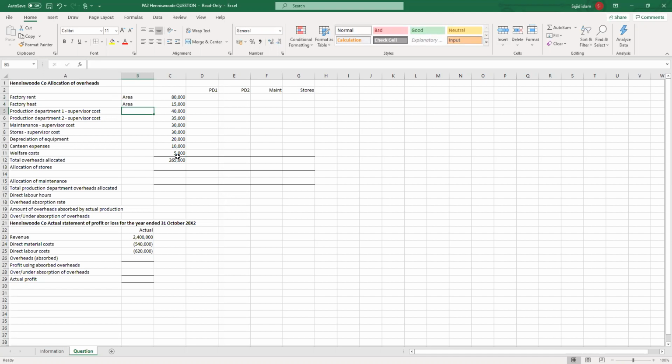Then I'm going to use this one, that's the allocation. So I don't have to use anything specific because this cost belongs to PD1, production department 1. So I just said PD1. Then I said PD2, and the maintenance, it is allocation, it's not apportionment because this cost belongs to the maintenance. So I said maintenance,